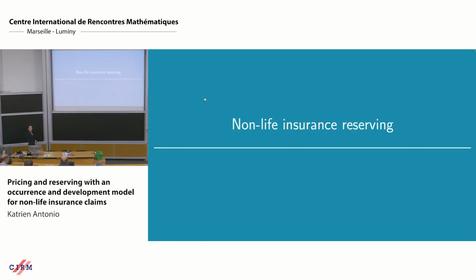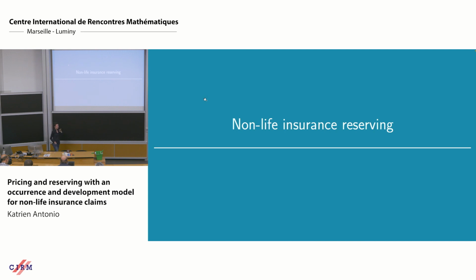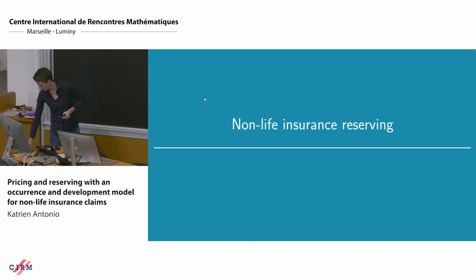So that was my intro on pricing. I'm very sure that other esteemed colleagues in the room will continue along these ideas later on. But for me, the point was, what if the data set that we have is not so clean, not so nice, and what if there are some missing parts there? How do we handle that? So as my title announced, I'm going to try to bring together ideas from pricing and reserving. So let's take a look now at the reserving field and what we can get from there, right?